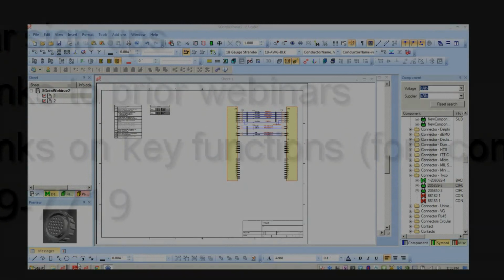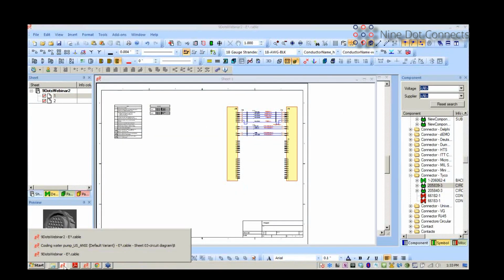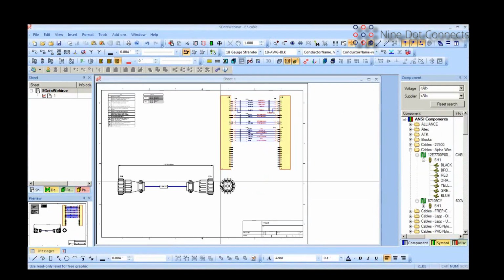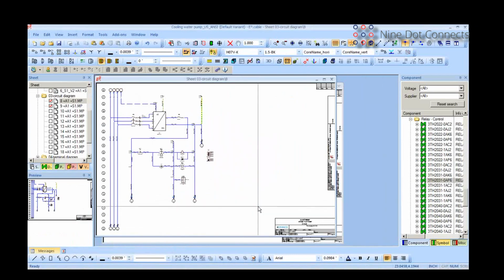So if we look at the, I've got several designs created here. And if I go in and we look at this one, this is similar to the one that Paul just showed you. I created this this morning, so I've done probably 80% of it, and it's basically by drag and drop. Now what I want to do first is to talk about the tool itself, because it is not just